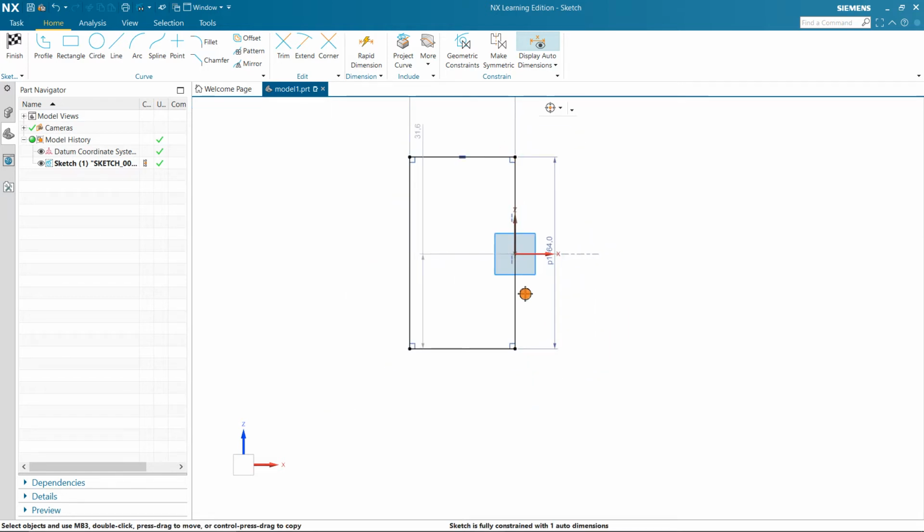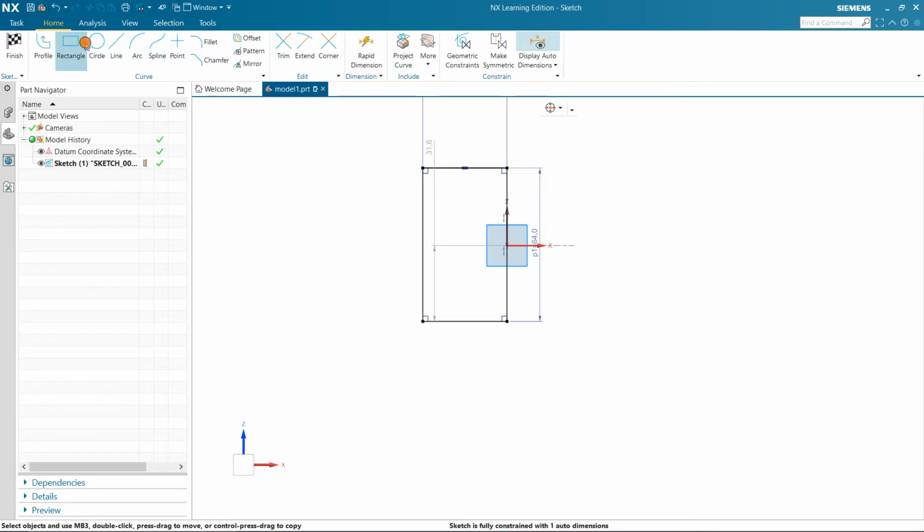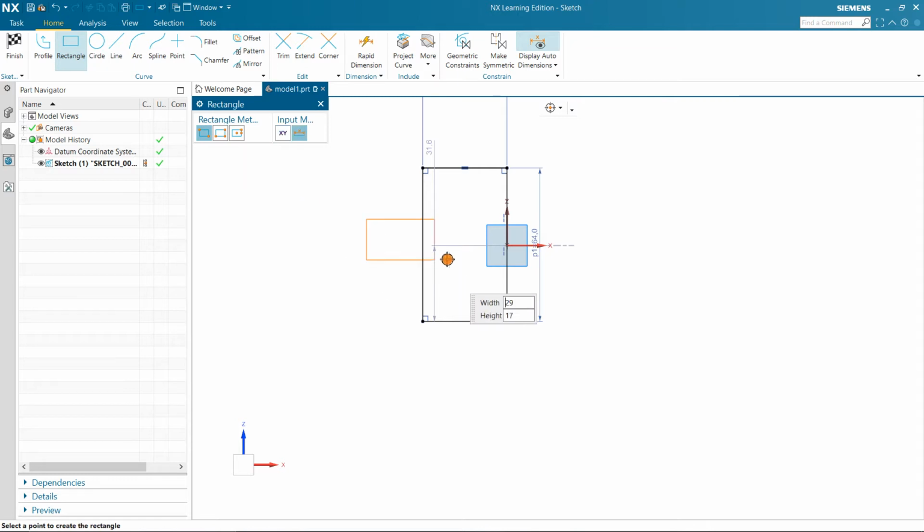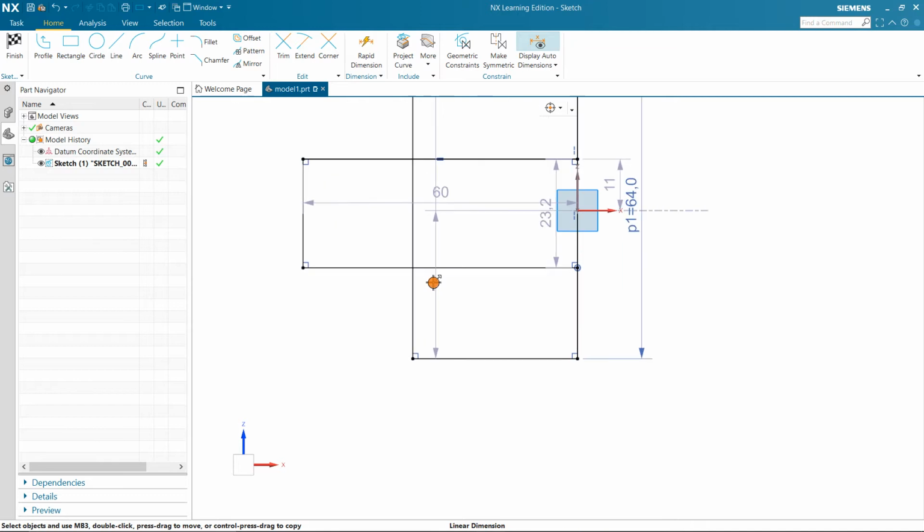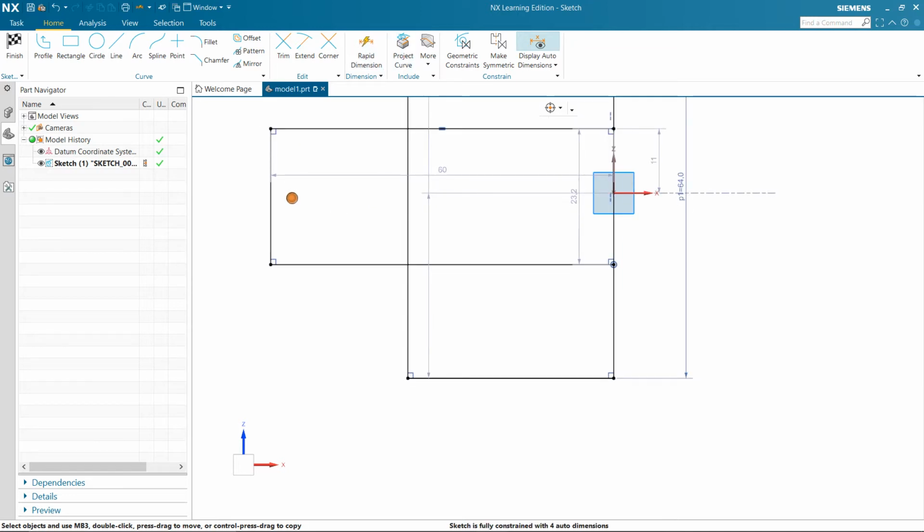See, now this is coincident with the axis, and now I have to draw another rectangle. That was... and go to rapid dimension. This is